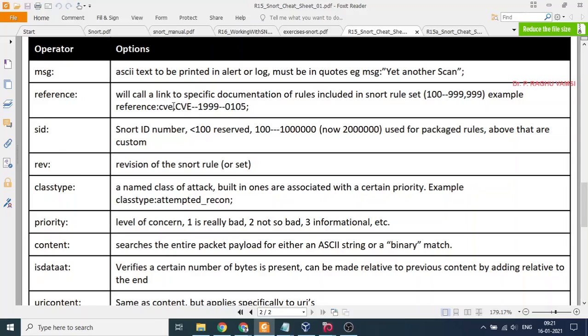So whenever you write the attack specification CVE-1999-0105, the meaning is, recall the concept that we have discussed, that is Common Vulnerabilities and Exposures, in which whatever vulnerabilities were identified were neatly labeled and a unique number was assigned to each.